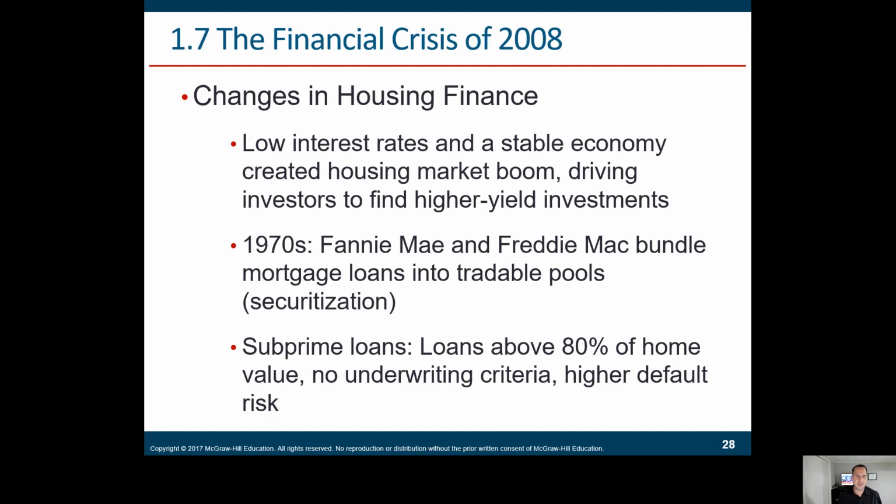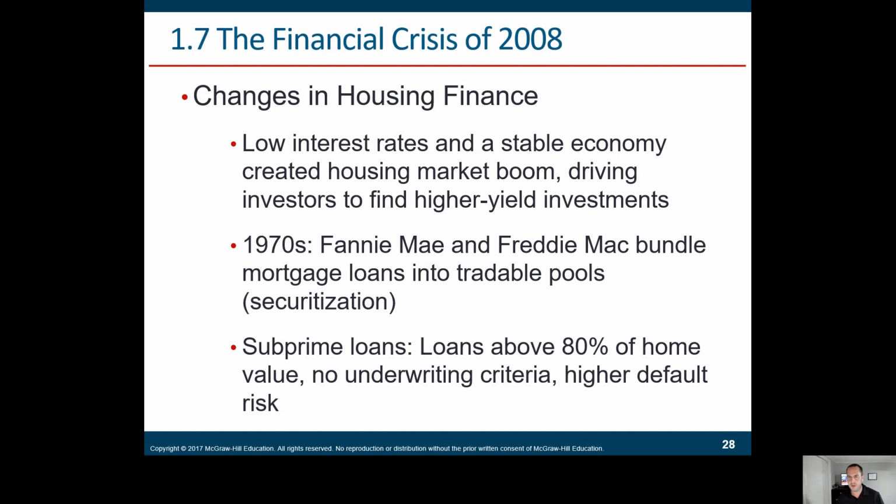Changes in housing finance, low interest rates, and a stable economy caused the housing market to boom. One of the similarities I think right now, because of coronavirus, is we have really low interest rates again, and that could actually create another housing boom. Don't think that means a real estate crisis. There can be a boom and things could stabilize or normalize over time, but the low interest rate environment we're in again will be supportive of real estate.